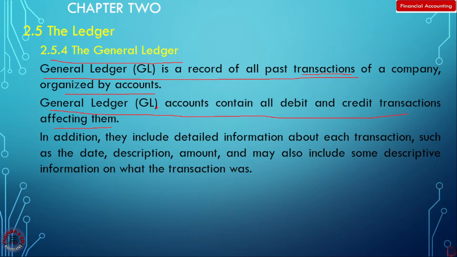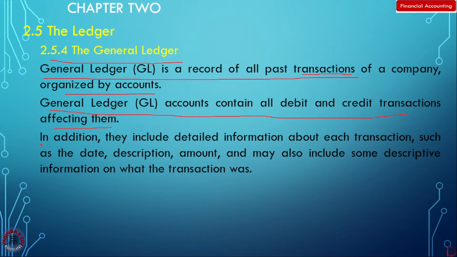So all the assets will be debited and all liabilities will be credited, all the expenses will be debited and all the capital will be credited, and all those will be recorded in accounts, and those accounts will be the primary source of the general